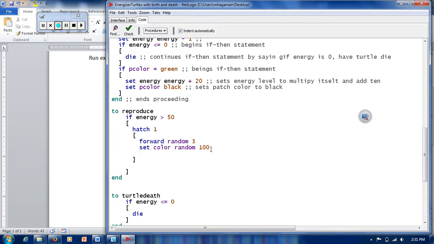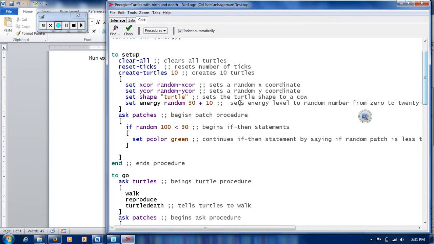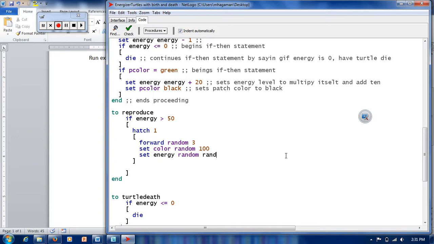So we're going to add a command in our hatchling procedure, and we are going to say set energy, and we'll set it just to the same energy that our parent turtles had from the beginning in our setup procedure. So we can look back up there, and they originally set their energy random 30 plus 10. So we'll pretend that those were baby turtles and random 30 plus 10. And so these are baby turtles now. If we go back to our interface,